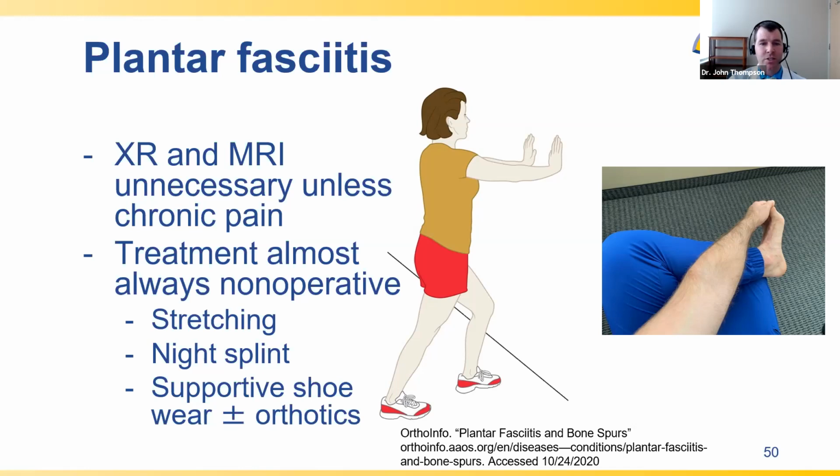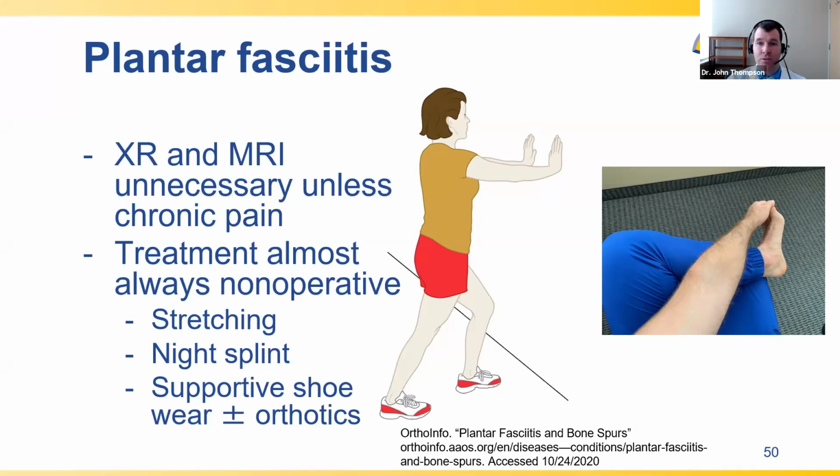The vast majority of patients improve with a regimented stretching routine, whether that is self-directed or with the aid of a physical therapist. Stretching focuses on the calf muscles, the Achilles tendon, and the plantar fascia itself. The first stretch is like the one I showed you before for Achilles problems, where you're leaning against a wall or bed. Again, put the affected foot behind your body, keep your knees straight and heel on the ground, and then lean into it. Hold this for 10 to 20 seconds.